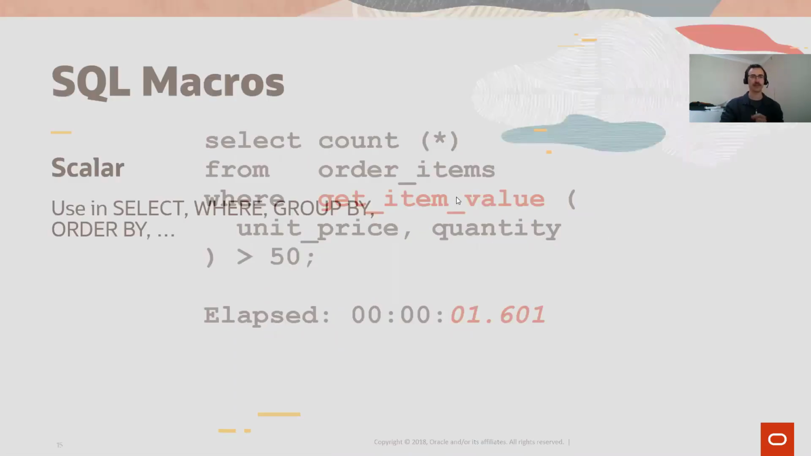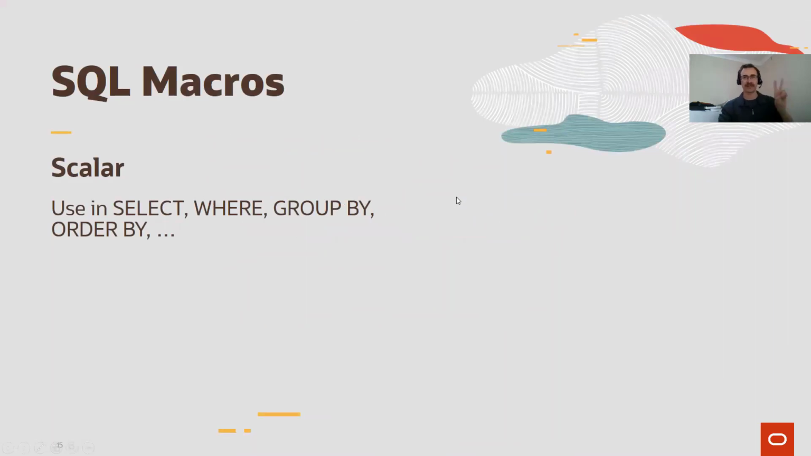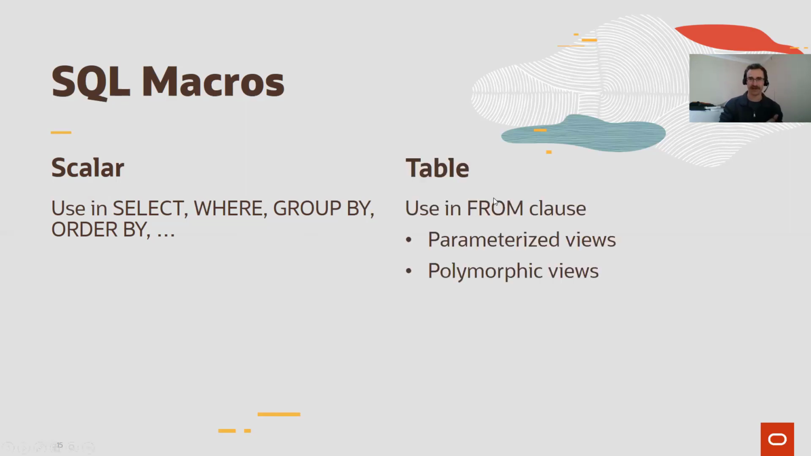Before we get into that, an important thing to know is that SQL macros come in two types. There are scalar SQL macros, and you can use these pretty much everywhere you would use a regular PL/SQL function: in your select clause, your where, your group by, your order by, and so on. This essentially returns an expression which calculates some kind of function. But you can also have table SQL macros, and these go exclusively in your from clause. The idea behind these is they return a query, so you can create parameterized views or polymorphic views. Another fancy-sounding term there, right? So we'll walk through how these work, but